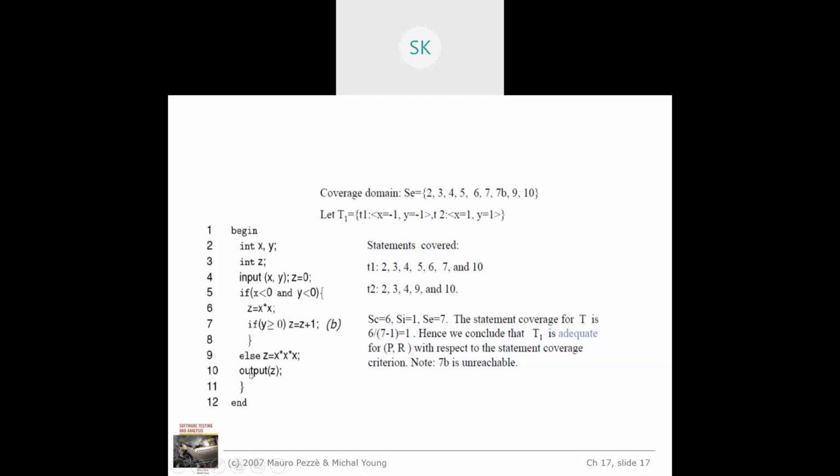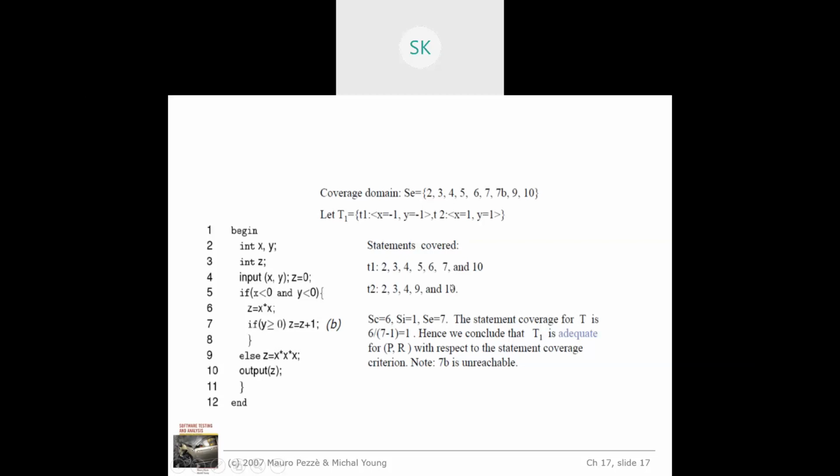This is what is happening. So total SC means statements that have been covered. The statements that have been covered with respect to your test case T1, if you have it. What is the thing? 1, 2, 3, 4, 5, 6, and 7. So 7 elements, total elements that you are having in this. With respect to this, the statements that have been covered is 6. How is it 6? With respect to 2, 3, 4, followed by 6, and 7.